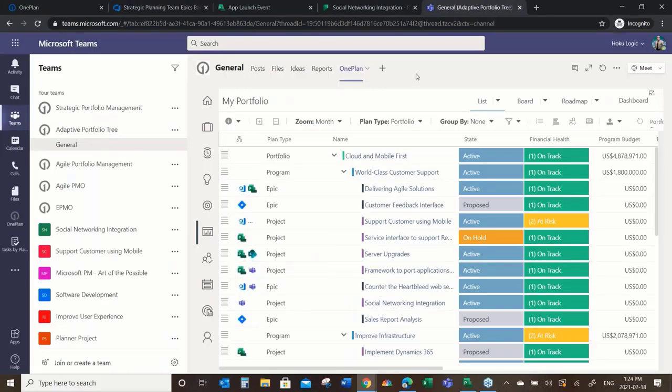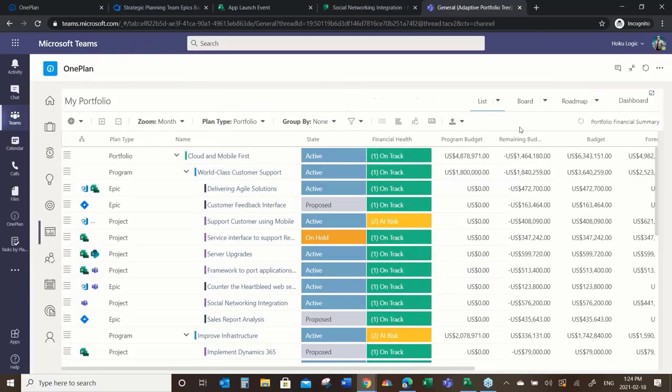So I'm going to jump over to my OnePlan environment. You'll notice I am in Teams. Just wanted to draw that attention that I'm going to demo this from inside Teams. So we're layering that into this equation as well, that ability to collaborate on these things, regardless of where they exist, by having a Teams environment. So I'm just going to push the Teams stuff out of the way, just to give myself a little bit more room. And what I want to draw your attention to first is I'm in my portfolio here,